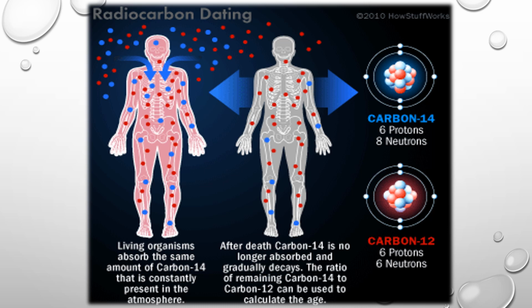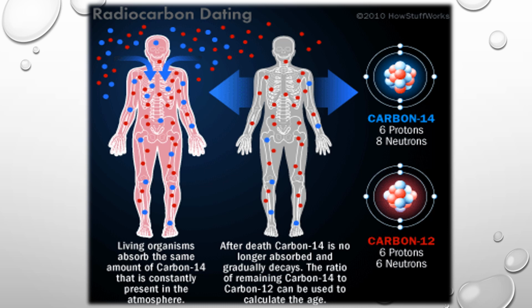Now, when a living organism is alive, it normally absorbs carbon 14 from the atmosphere. Carbon 14 is a radioactive component. So we are all absorbing carbon 14 from the atmosphere. In our body there is a ratio of normal carbon and the isotope of carbon, or radioactive carbon. So there is going to be a fixed ratio of C12 and C14 in our body.